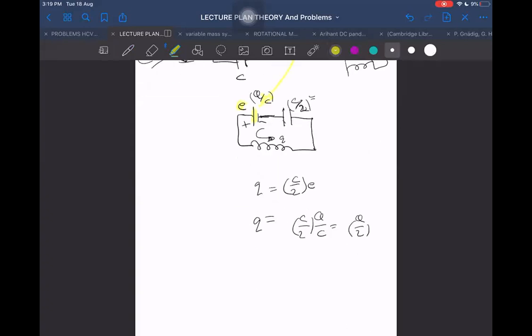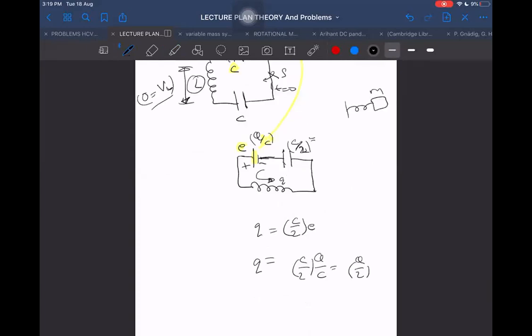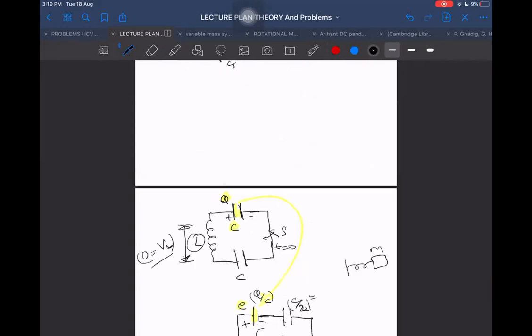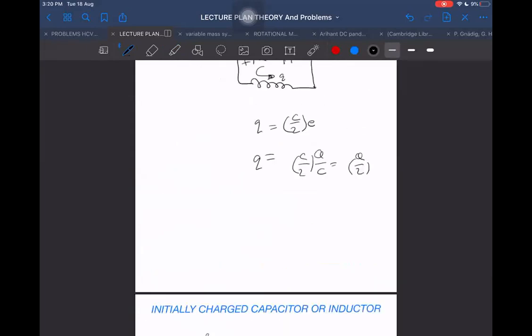Sir, why VL equal to 0 on substance? Why VL equal to 0? No, I said I will find out that when VL is 0, then what will be the charge stored? You may ask, but you don't ask why VL is 0. VL will not always be 0, but at some instant VL will be 0 or not. Like in such cases there will be oscillations. If there are oscillations, everything will go like this. So some point will come when the current will be 0, some point will come when the voltage will be 0. There is no harm in assuming that there will be some point when the voltage across the inductor will become 0.